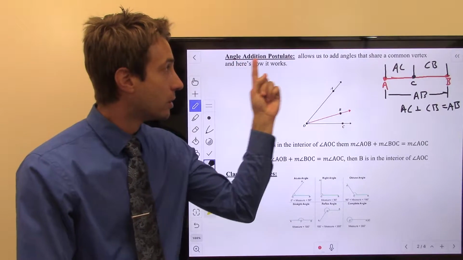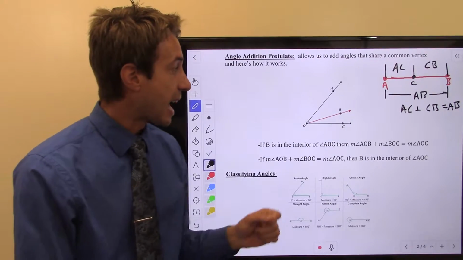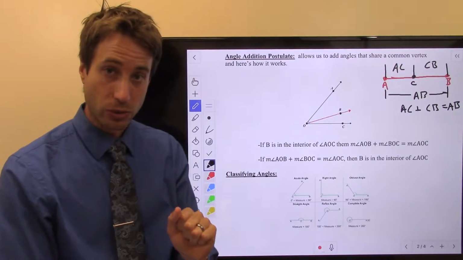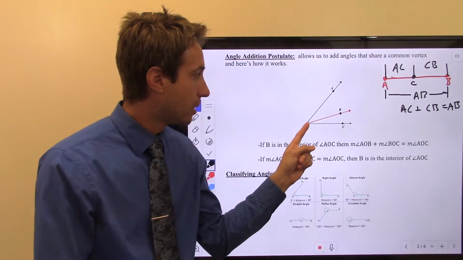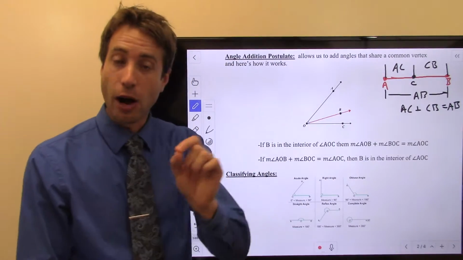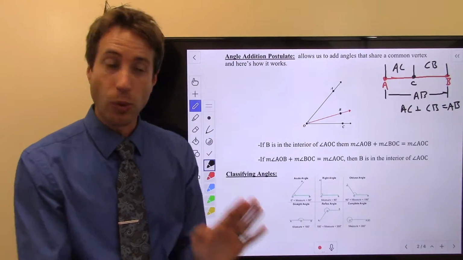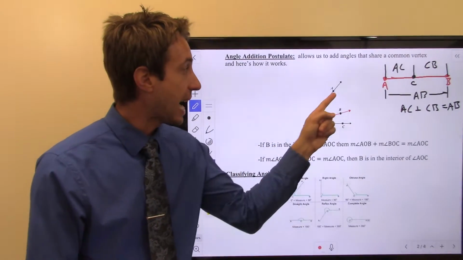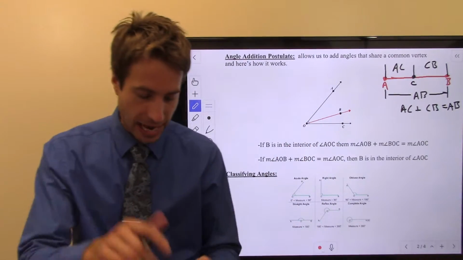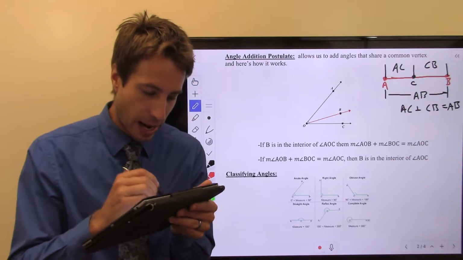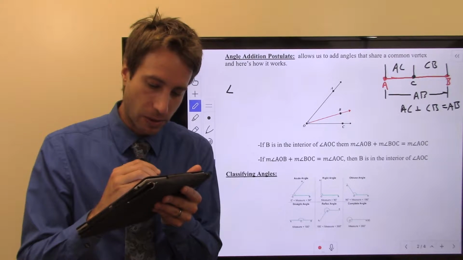Guys, check it out. We have an angle addition postulate, and it'll make perfect sense here as we go through it. Please notice that I have two angles here, right? I have the smaller angle, angle AOB. I also have the angle BOC. And if I put those two angles together, like I've done here, you get the angle AOC. I am sure that you can figure this out. It's not too terribly tricky, right? This angle addition postulate simply says this, that the angle AOB,